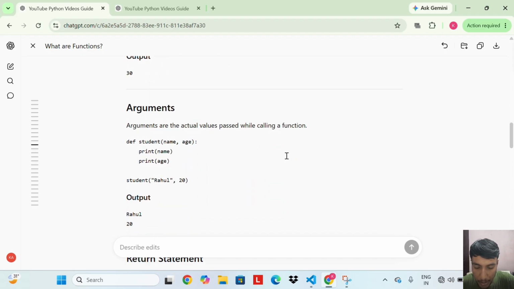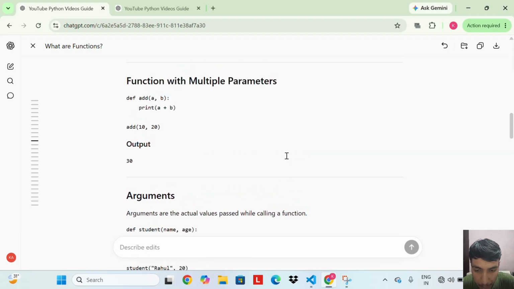Now arguments. Arguments are the actual values passed while calling a function.